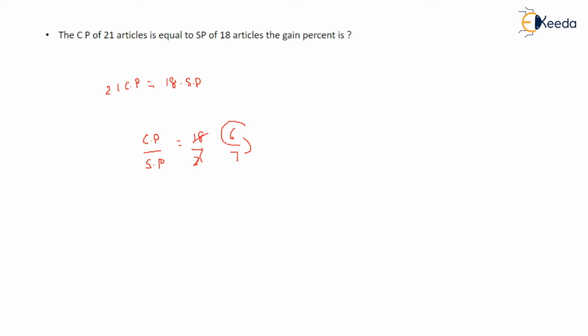So he is investing 6 rupees from his pocket and he is getting 7 rupees. So how much is he gaining? 1 rupee he is gaining. And how much did he invest from his pocket? 6 rupees he invested. So 1 by 6, when you do this, you will get the answer. So this fraction you can get simply 16.67%. Okay, very simple question again.